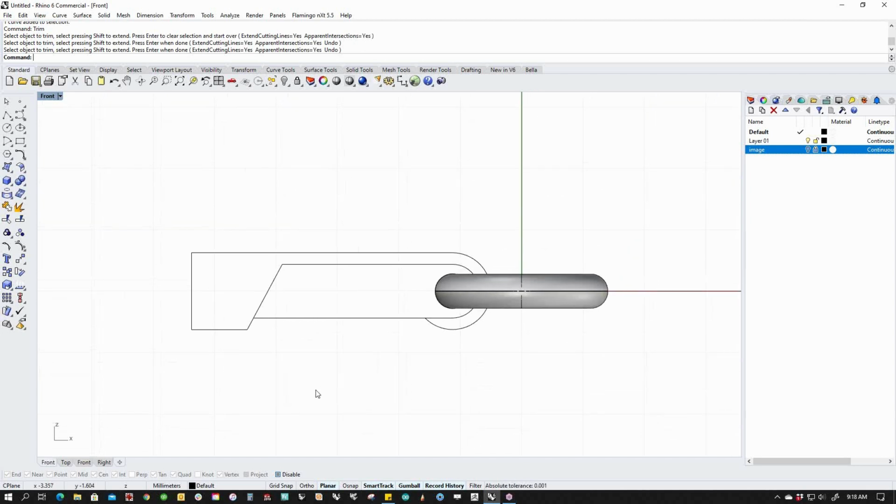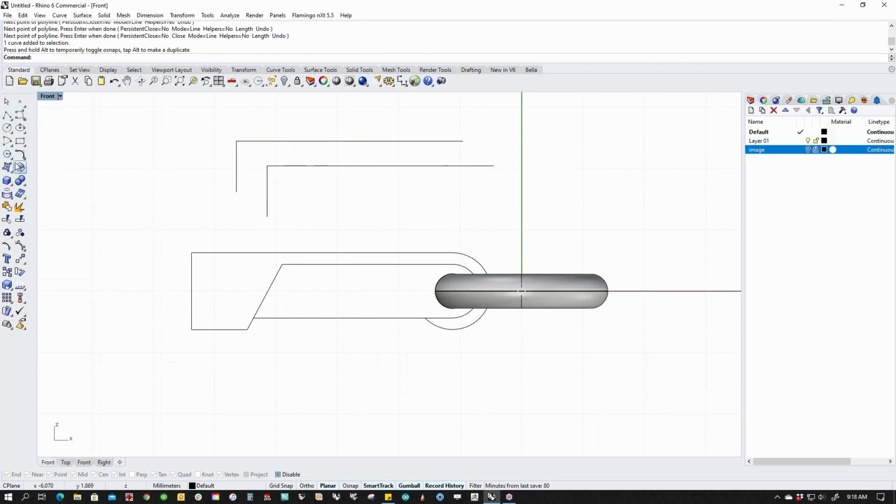There's always a point when you're modeling where you have to decide: do you build the model with sharp corners and then fillet the surfaces later, or do you build the curves with fillets in them and have the surfaces be filleted to start with? I'm about 50-50 on that argument, to be honest with you. I go back and forth all the time. Sometimes in things like this, where there is a real drafting mechanical element, I will stick with this style and do everything sharp and fillet later,